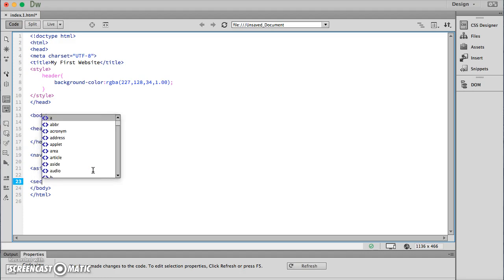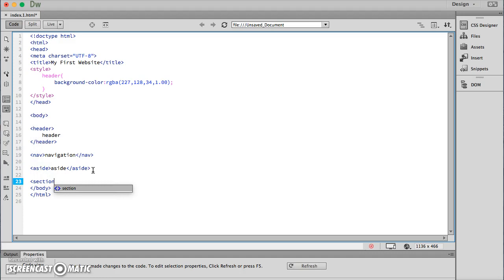So we want a section, and in this section will be where our main content lies. So all of your main articles and other content, photos, videos should be inside of your section. But we're actually going to create another element inside of here called article, and that is where, as I say, your main written information might want to go. Underneath section we want footer,